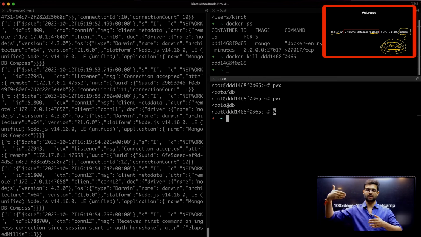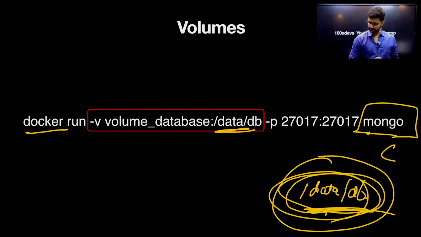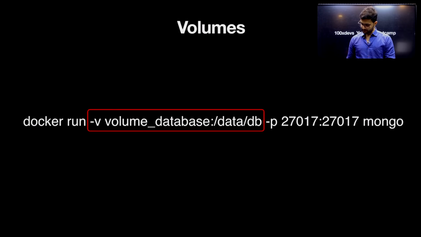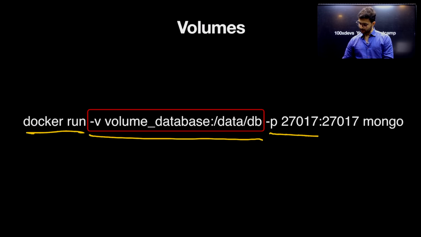The volume is actually a logical mount to /data/db if you are starting your container using this command. How is this command different from the command that we were running? There's just one difference here, which is this line. Rather than running docker run -p mongo,